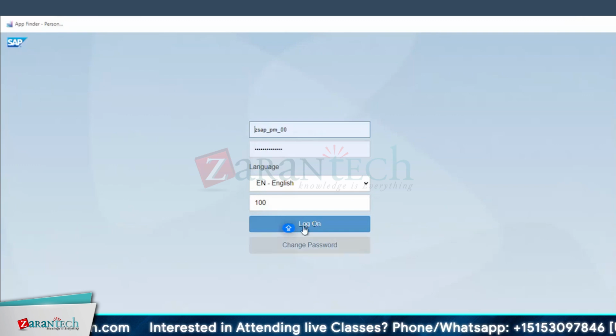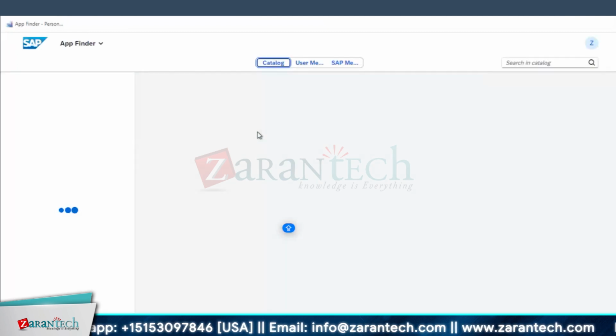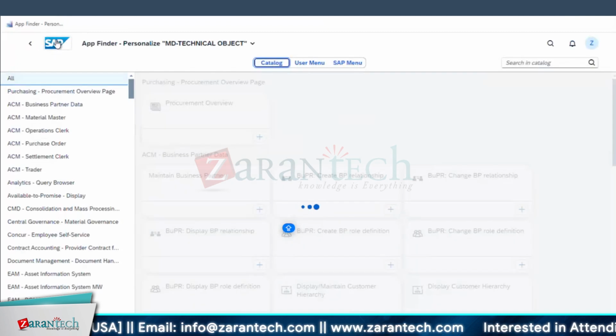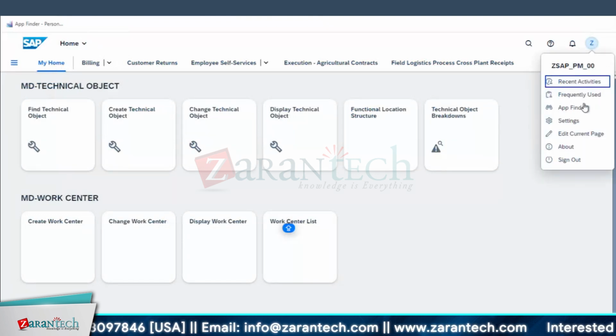Or you can save them, and now I can log in directly. Here you give the client number. This is the new interface they have launched in S4HANA. You can click SAP over here, and you'll have many tile groups, sections. In that, I have made my home. You can go to your my home, click your profile,